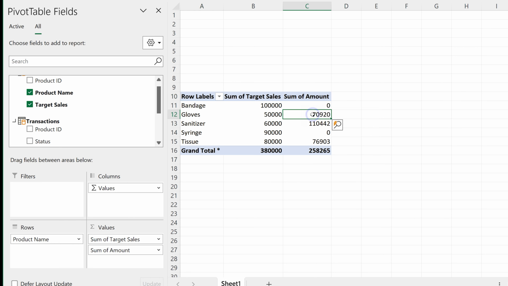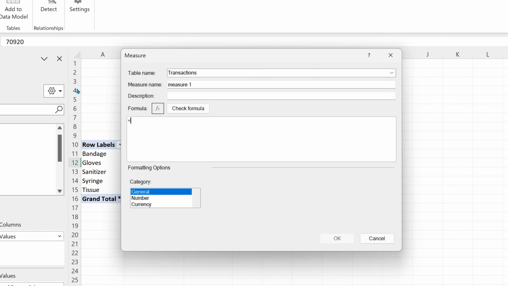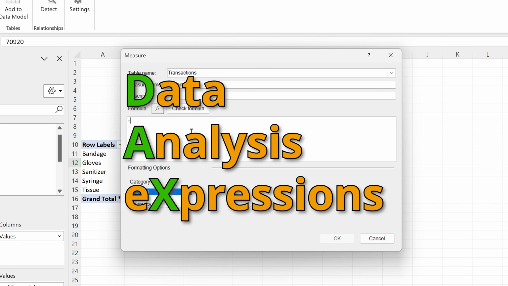We are actually creating sort of a calculated column or a measure. How do you do that? You go to Power Pivot and say Measure, New Measure. Now, of course, this is a variance or difference between the two. So I'll just call it Variance. Now we have to put a formula. This looks like Excel, but these formulas are different. They use a separate set of functions. They are called DAX functions. But never mind. In this case, we just want this minus that.